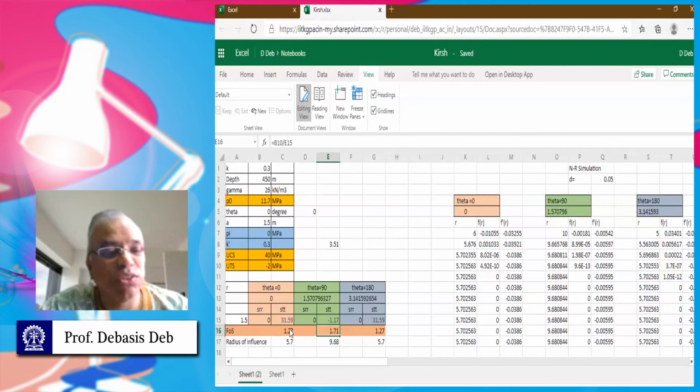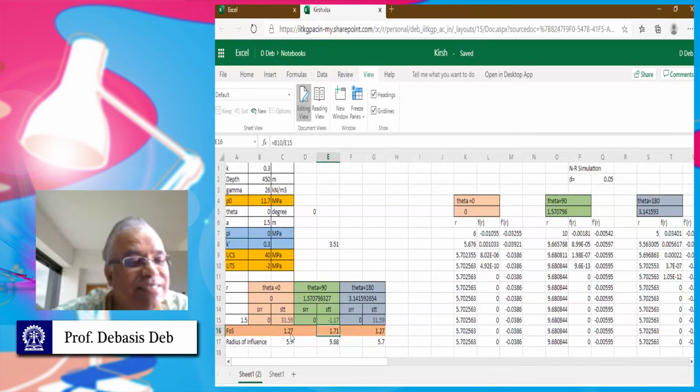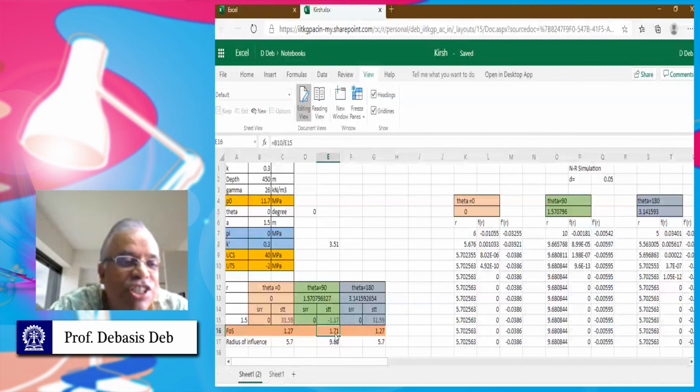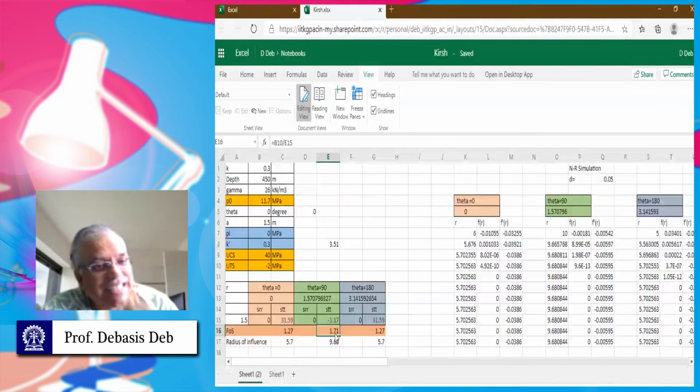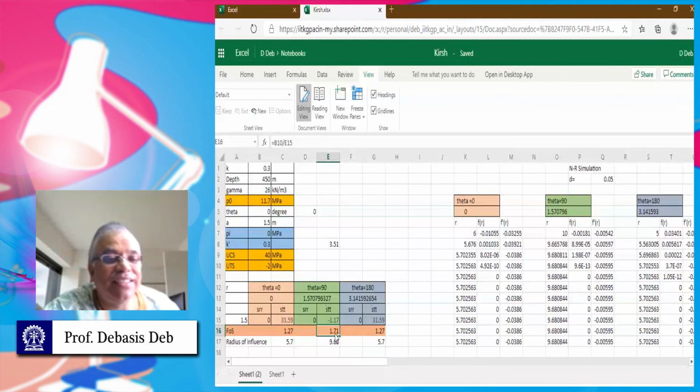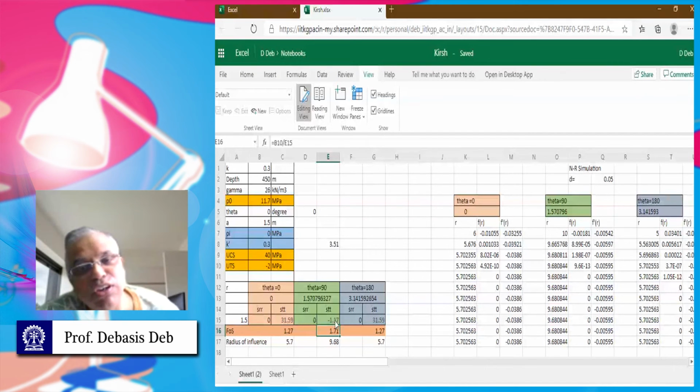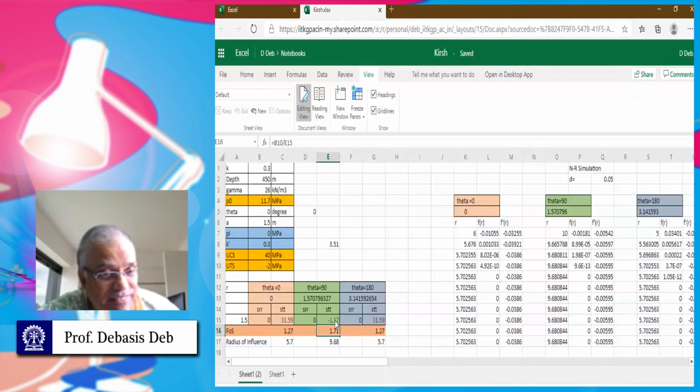So in this case, I can say both of them are close to that 1.27, and definitely on the tension side it is safe because the tensile strength is 2 MPa and the stress generated is just 1.17. So it will not fracture yet. It will not fracture.